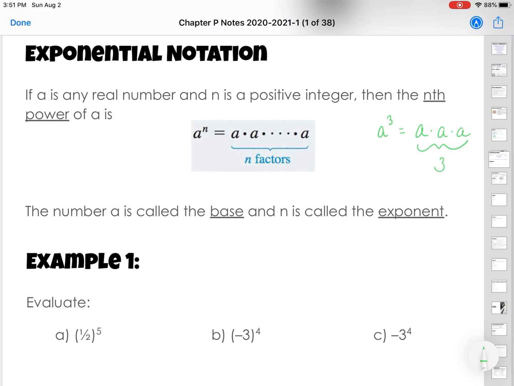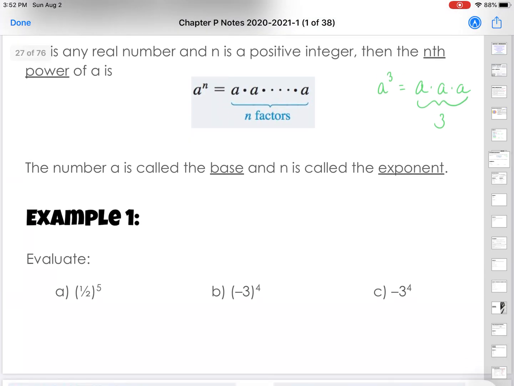The number a is called the base, it's on the bottom, and n is called the exponent, or sometimes the power. So we're going to evaluate these real quick. Very simply, it just means we are multiplying them out that many times. So if we have 1/2 to the 5th, that means 1/2 times 1/2 times 1/2, that's 3, 4, 5, and